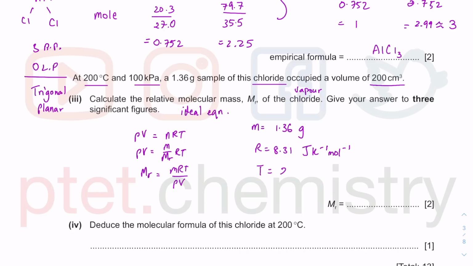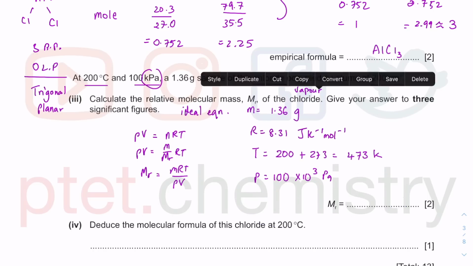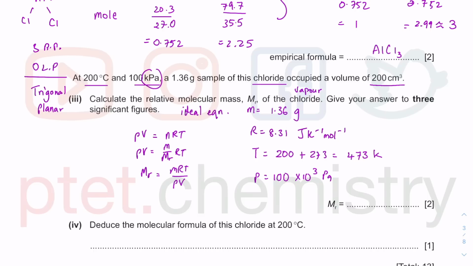This is in degrees Celsius, so I have to add 273 and get 473 Kelvin. My pressure is in kilopascal, so I have to convert this to pascal by multiplying by 1000, so times 10 to the 3 pascal. The very last thing, which is a bit tricky, is this volume here is in cm